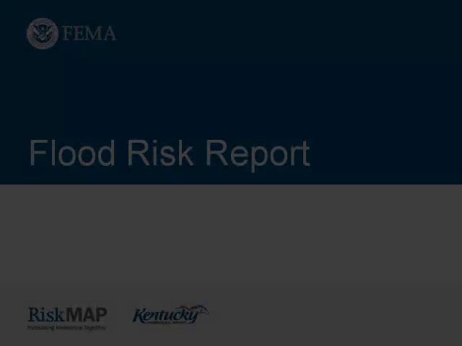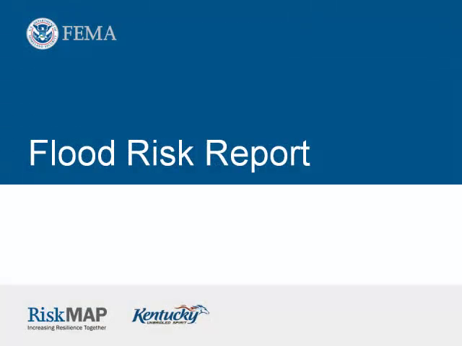The Flood Risk Report is the document that summarizes the data developed for the RiskMAP project as well as provides data regarding mitigation. This module will focus on the sections of the Flood Risk Report and the data therein. The goal of this report is to help inform and enable communities and tribes to take action to reduce flood risk. Possible users of this report include local elected officials, floodplain managers, community planners, emergency managers, public works officials, and